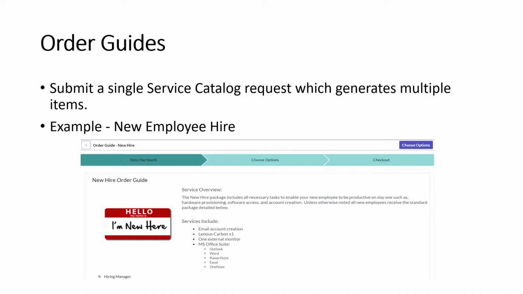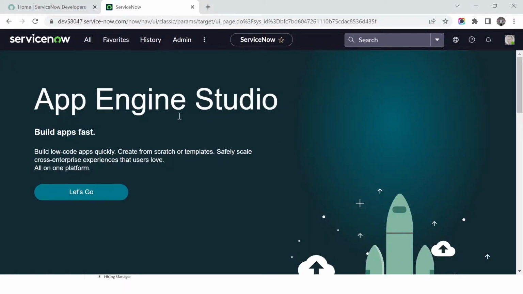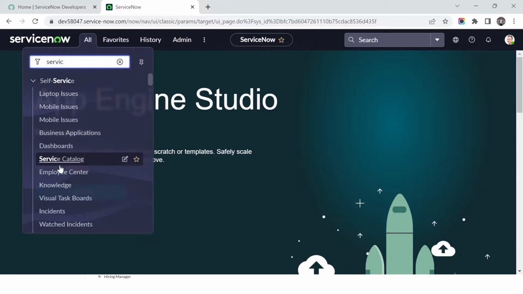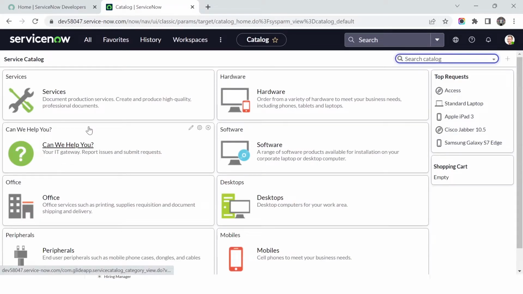So let's go to my PDI. Now first, let me show you how this order guide, the image you have seen in the PowerPoint, actually looks. So I'll go to the service catalog, and to get the order guides, you need to, what you can do